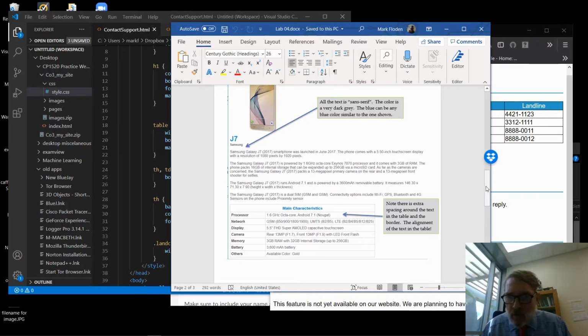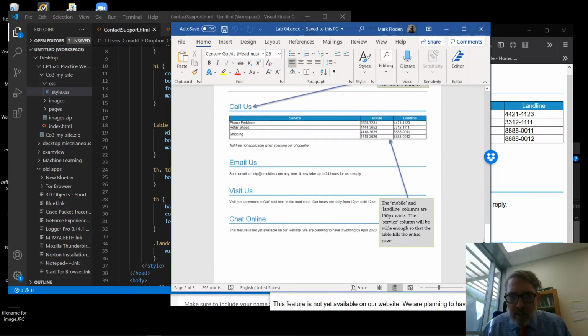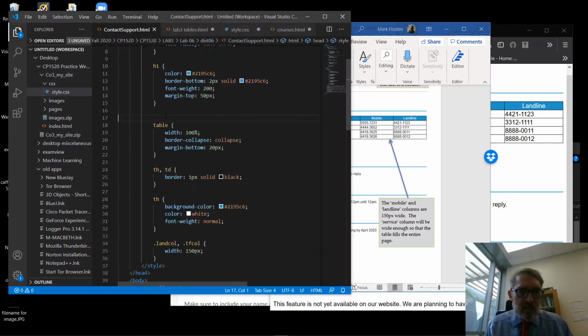We've got to set up, on the second page, a table with defined width for two columns and the other one not. We've got all of these headings and line breaks, etc., that we need to edit. Now, all of that's done with CSS. So this is CSS editing, CSS programming, and we can see that here in our